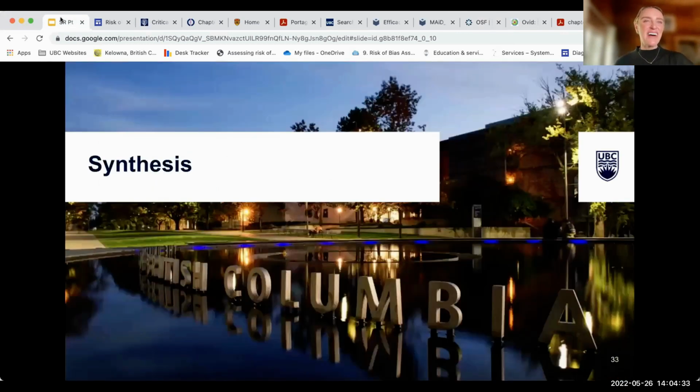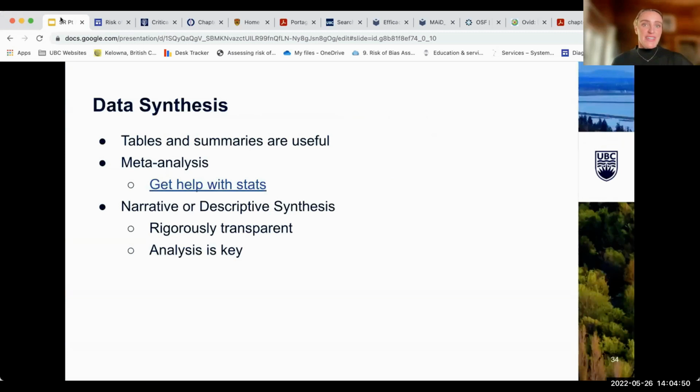Okay, so now we are on to data synthesis. So this is what you're here to do, right? You are essentially endeavoring to use repeatable analytical methods to collect secondary data and analyze it. And you can either do this with narrative or descriptive synthesis, or you can use a meta-analysis, which is, as you know, the statistical component of systematic reviews. Just remember that tables and summaries are fantastic, and that undeniable transparency is always key, and essentially